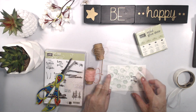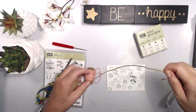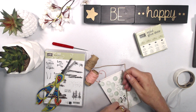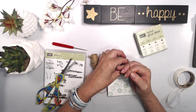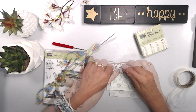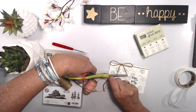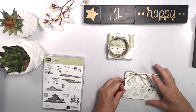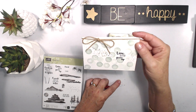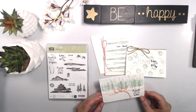Thanks, friend. Okay, the next one is Love Never Gives Up. And this is the brown thick baker's twine I'm going to use on this one. And tie it to the top. And take the bow slightly over to this side. I've got nice big loops and shorter tails on this one. And there's the final card done. Love Never Gives Up. Very, very nice. Loving that. So there's the 3 cards done,